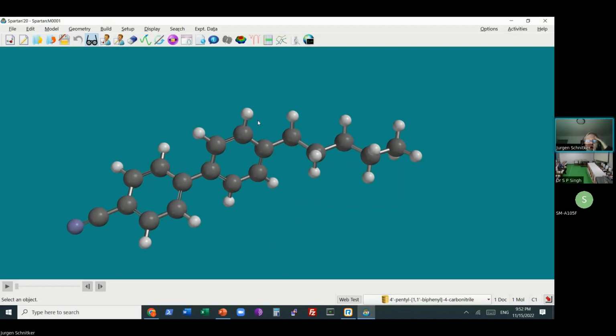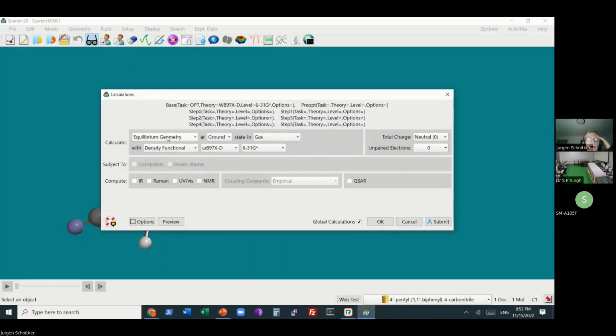So now let's do some quantum mechanics for this molecule. So I go to the setup dialog, calculations, and in the interest of saving time, for this talk, I want to stay not within an hour, but within a minute.